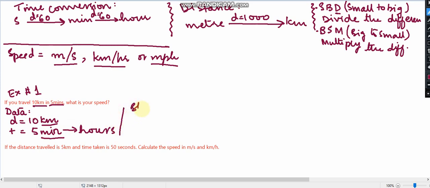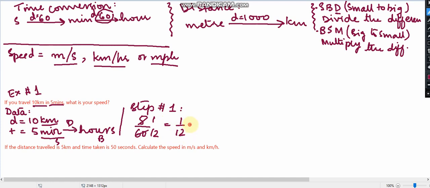So our step number one will be this time conversion. Now when you are going from minutes to hour, minute is a smaller unit, hour is the bigger one. So SBD, you divide the difference. So the difference between minutes and hours is 60. So let's do this. When you divide 5 by 60, you get an answer of 5 ones are 5, 5 12s is